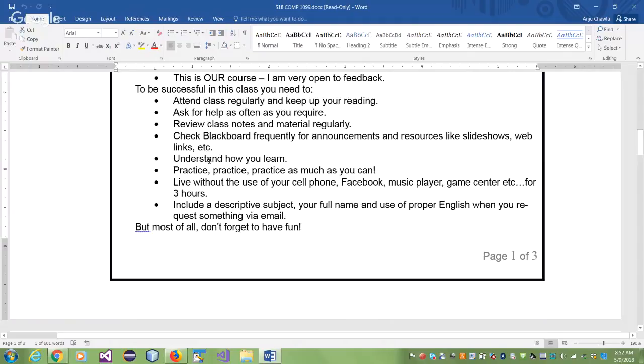Understand how you learn. Maybe how I teach is not how you learn. Try to see, come around and say, Anju, can you just change this? Can you add this? Can you do this for me? And if I can, I will. But my aim is to cater to the maximum number of students in the class. I can't teach individually. I cannot. But I'll try my best to cater to your needs if I can accommodate it.